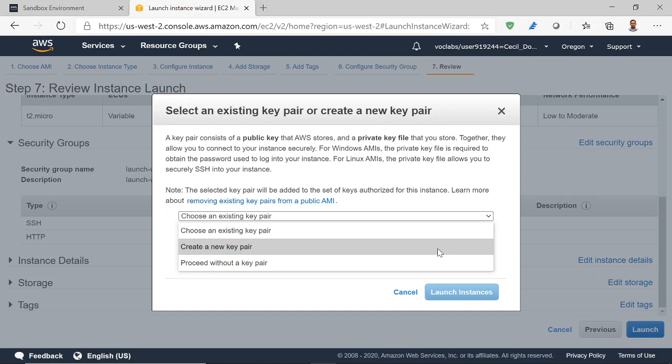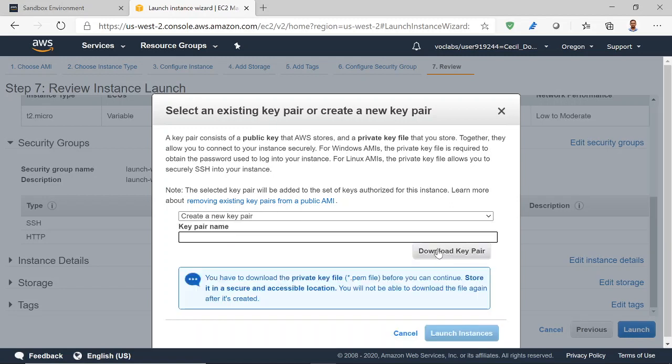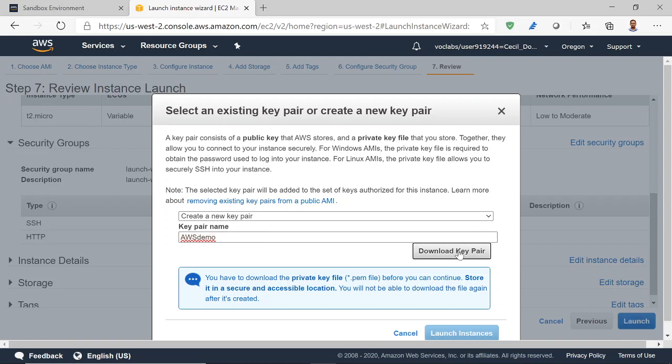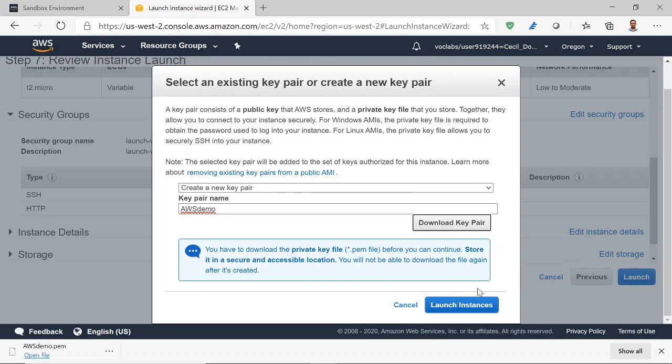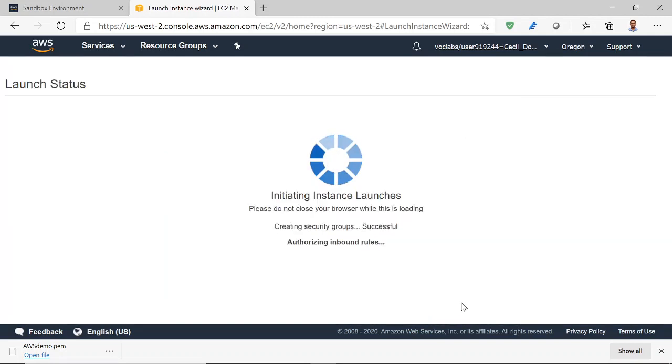Instead of that, I'm going to create a new key pair, and I'm going to give the key pair name, AWS demo. And once you give the name, you should download the key pair. Now you can see that the key pair is downloaded with the extension PEM, and you just click launch instance.